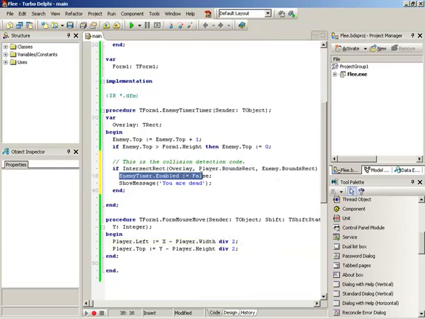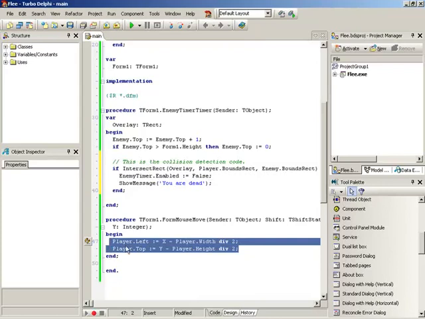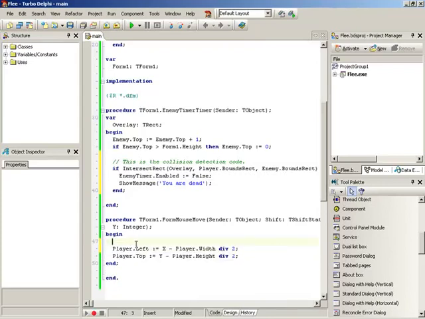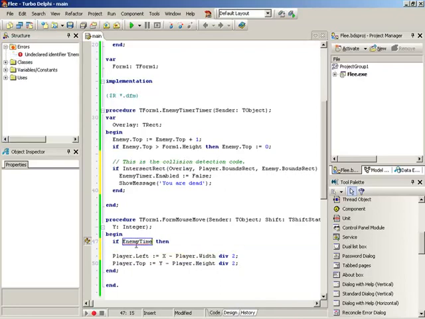Enemy timer enabled, false. We turned it off. How about we stop ourselves from moving? So all we need to do is an if statement and put this stuff within the if statement. Okay, so we'll start our if by saying if enemy timer dot enabled